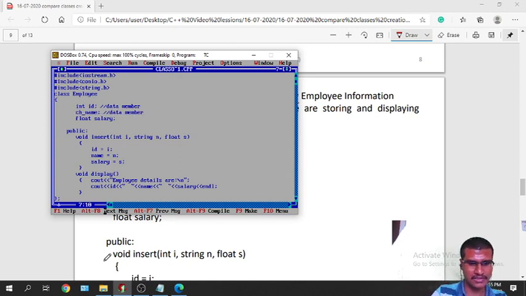Cannot write like this, actually. Character name of 20, a character array. You can use character star here also. I don't know with the string data type.